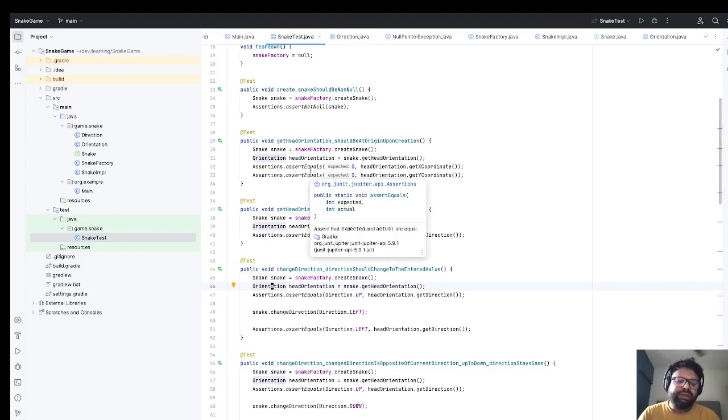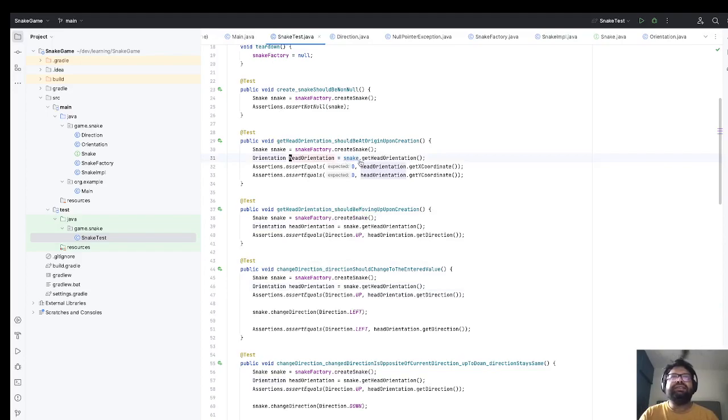So a snake's position should only change as part of its move functionality or as part of its change direction functionality when there is a user input. There should not be any other way to change a snake's orientation. But as you can see,